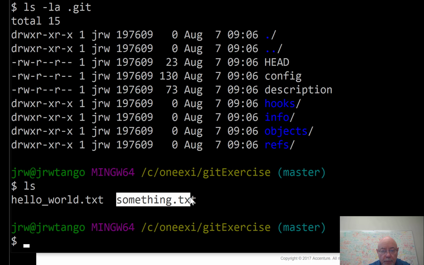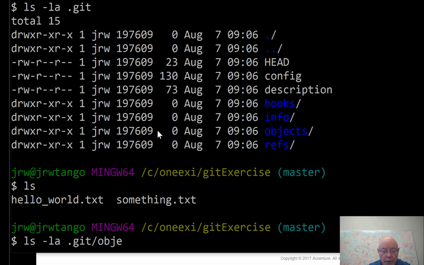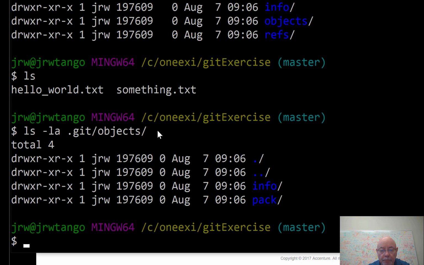Okay, but the first thing is, let me show you how we can get these into the Git system. Let me just first show you what objects looks like. It's got something in it called info and pack. But what we're going to see is when we start putting our blobs in here, we'll see that other subdirectories are created. So first, for example, let's do